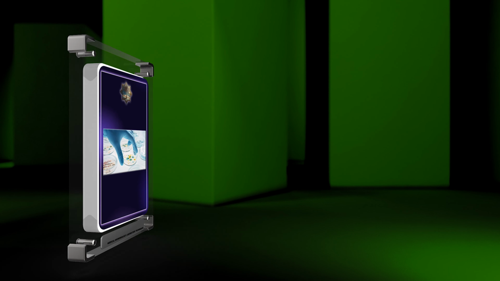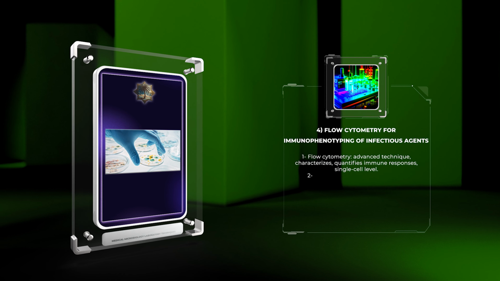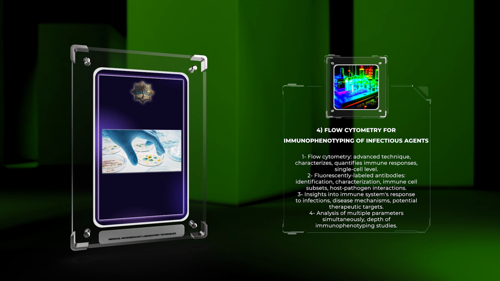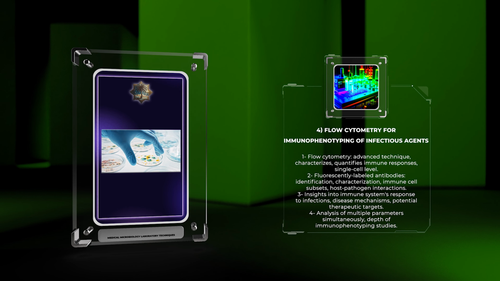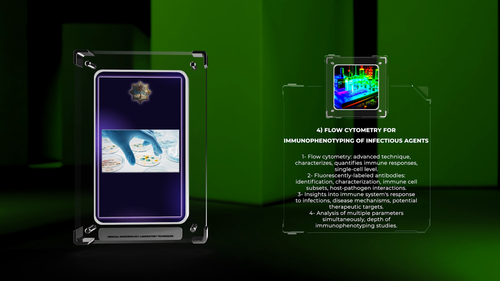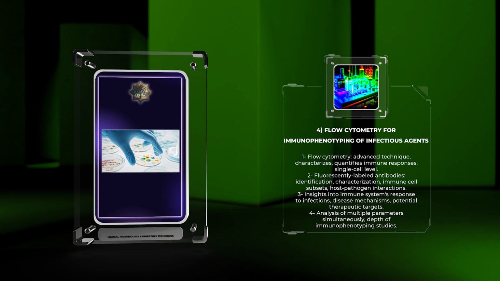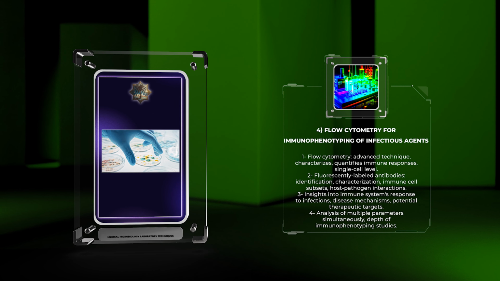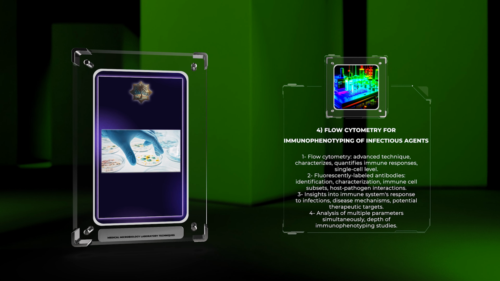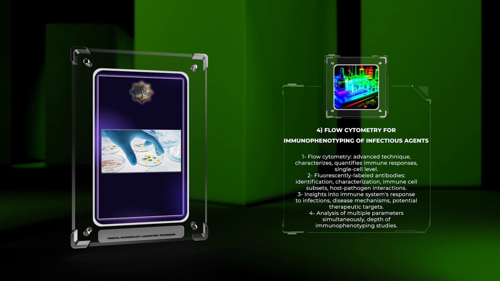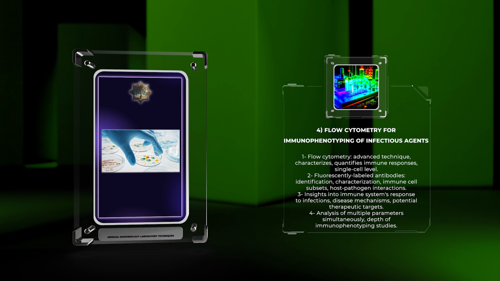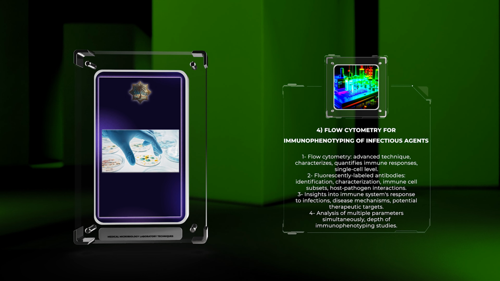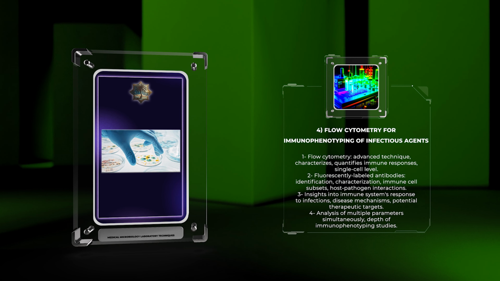Flow cytometry is an advanced technique that characterizes and quantifies immune responses to infectious agents at the single-cell level. By employing fluorescently labeled antibodies, flow cytometry enables the identification and characterization of different immune cell subsets involved in host-pathogen interactions. This technique provides valuable insights into the immune system's response to infections, helping researchers understand disease mechanisms and identify potential therapeutic targets. Flow cytometry also allows for the analysis of multiple parameters simultaneously, enhancing the depth of immunophenotyping